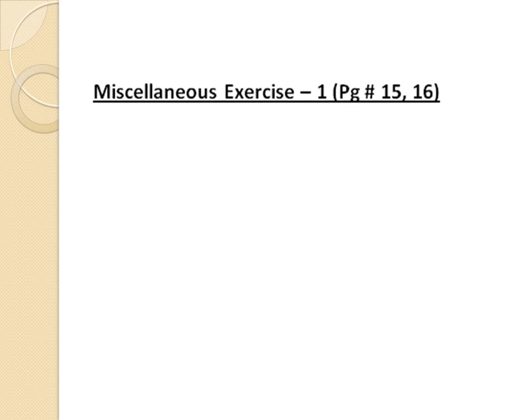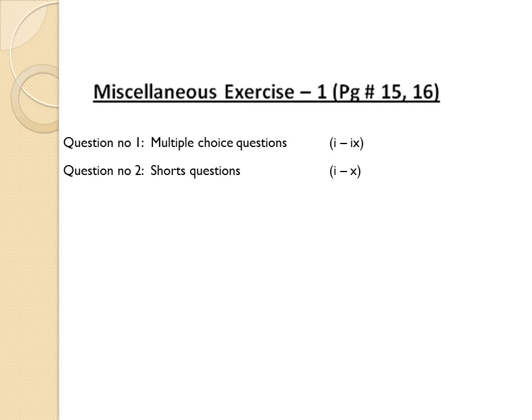At the end of chapter number 1, there is miscellaneous exercise 1 given on pages 15 and 16 of your textbook. In this exercise, students, there are 3 questions. In question number 1, there are 9 MCQs. In question number 2, there are 10 short questions. And out of these 10 short questions, 5 are related to exercise 1.1, 1.2 and 1.4. While in the remaining 5, you are required to give some definitions. In question number 3, you have 10 fill in the blanks. Students, you can easily find definitions in the summary given on page number 16 of your textbook.